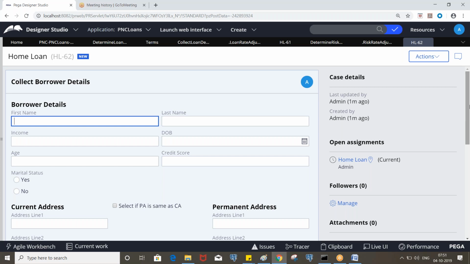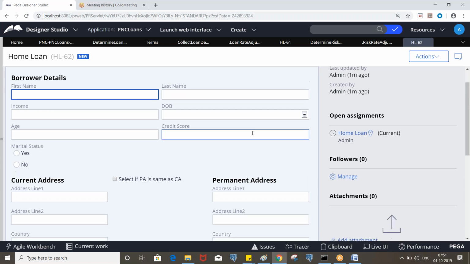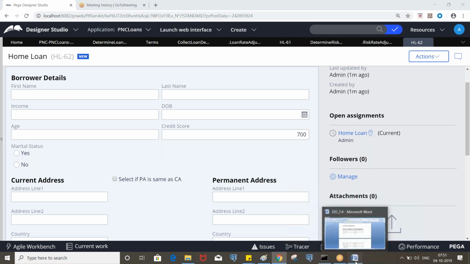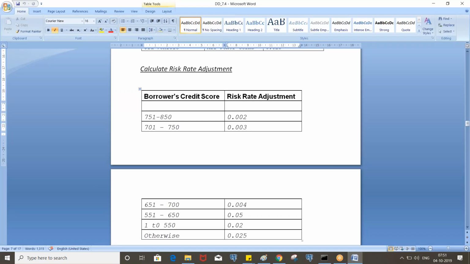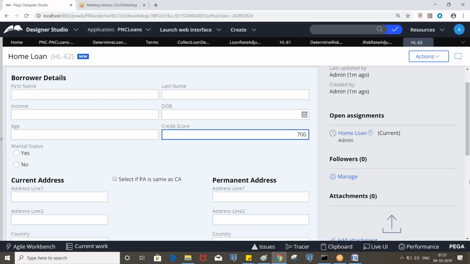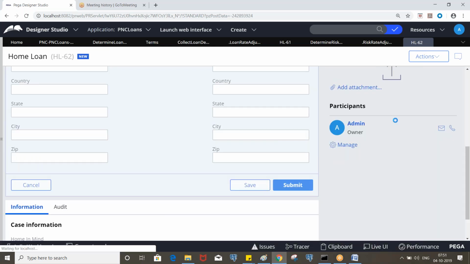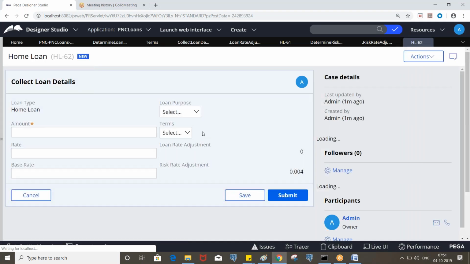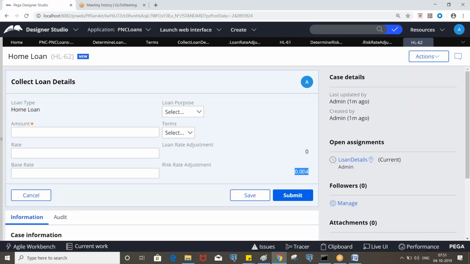Let's put credit score 700. What should be the return value? 0.004, right? Okay.